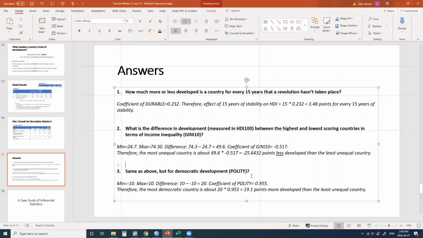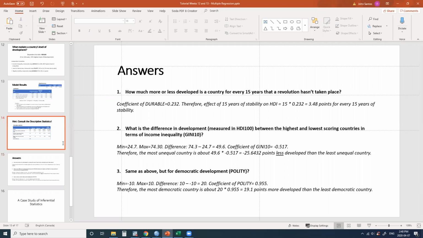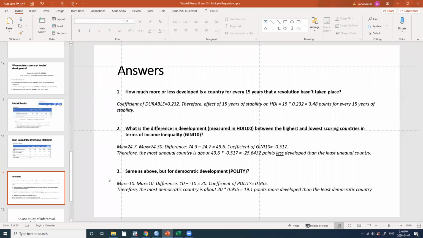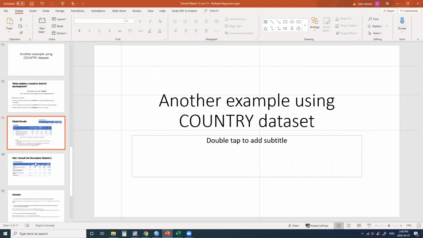Similarly, for level of democracy, the countries have the full range, and so the difference between -10 and 10 is 20. The coefficient of polity is 0.955. So the range times the coefficient tells us the most democratic country is 19.1 points more developed than the least democratic country. And that gives you a chance, if you want to work through this yourself using the country data set,